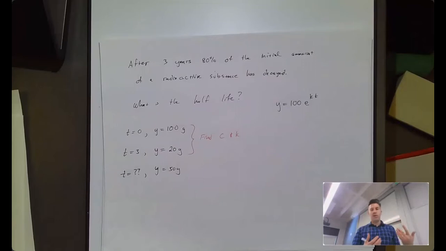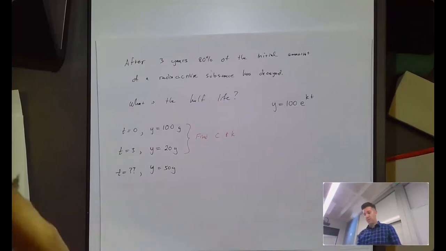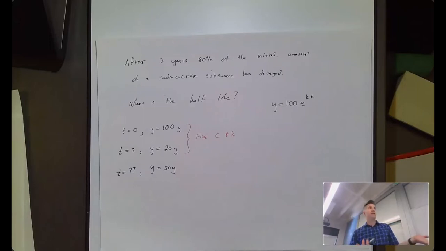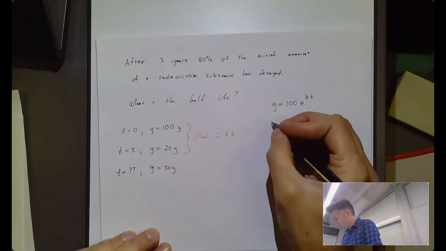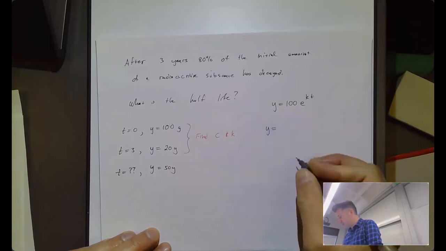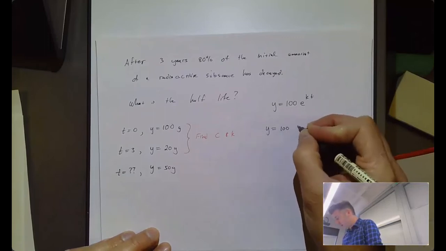And sometimes we really want to find K. Definitely in these problems, you're being asked to find K a lot of the time. But I really feel compelled to mention there is kind of a faster way to get to where you want to be if you just need the model. And that's the following. I can say that Y equals 100 times